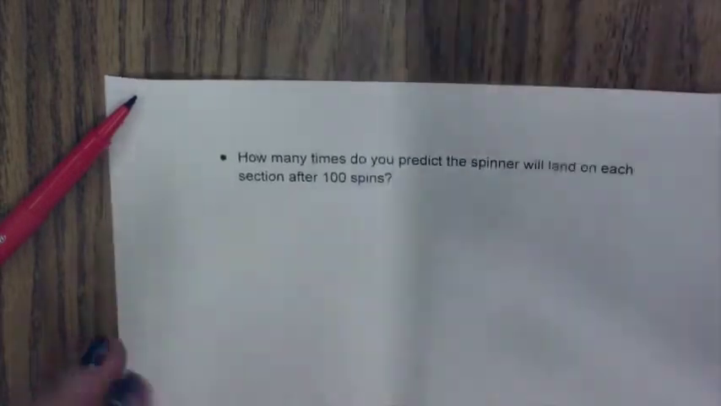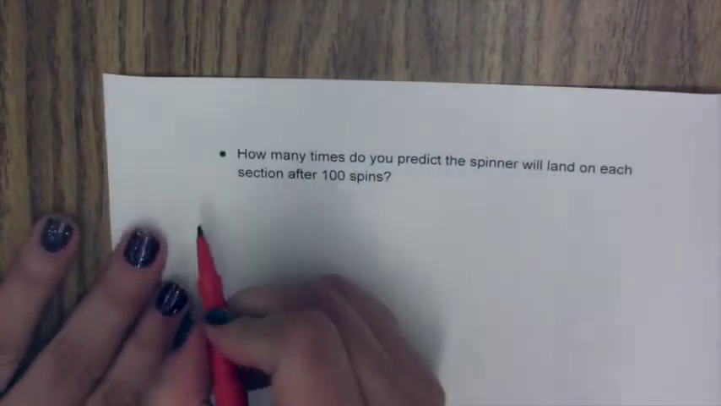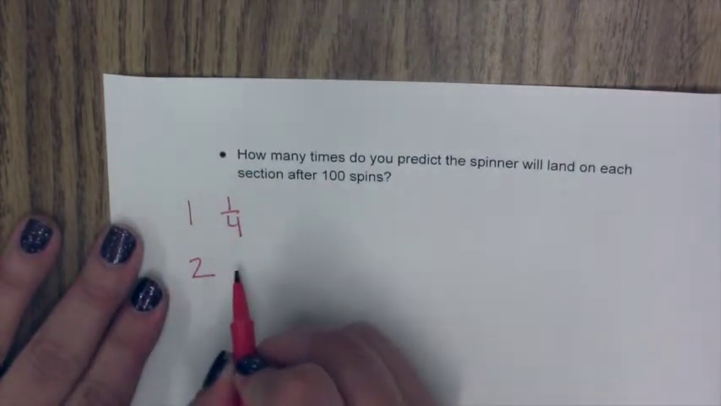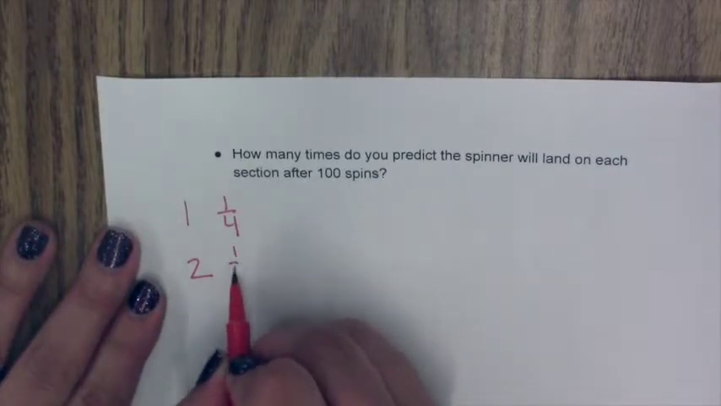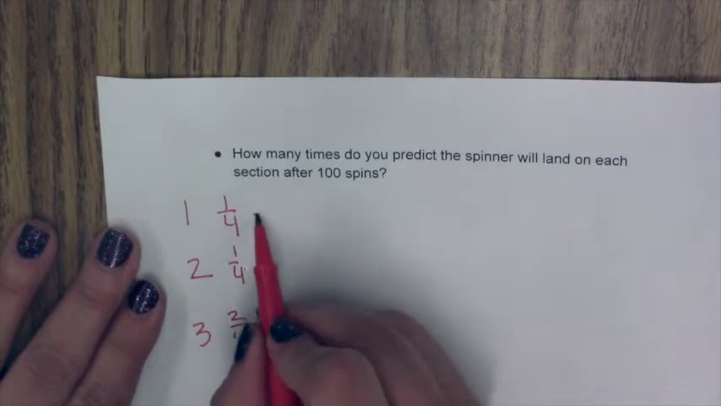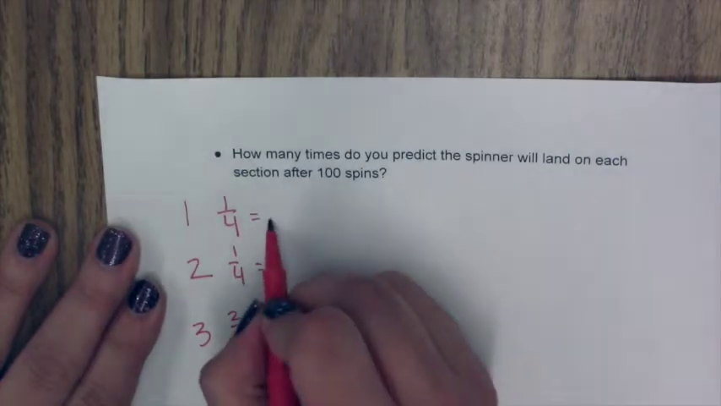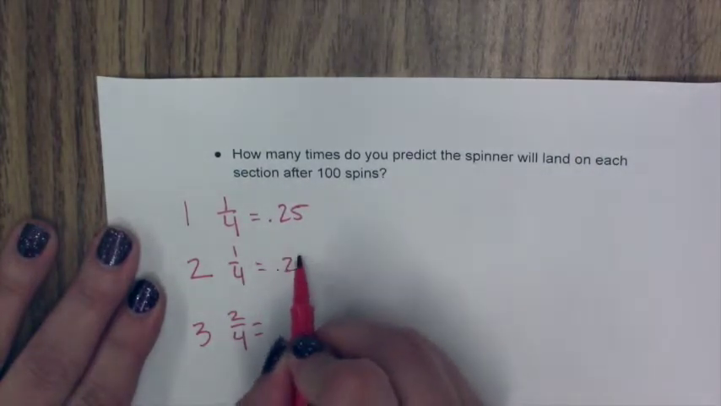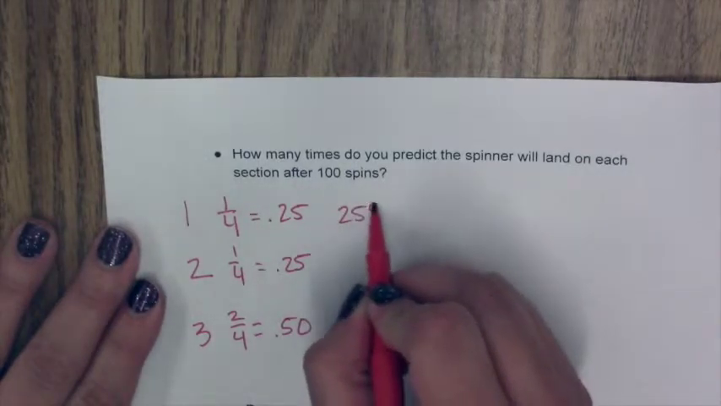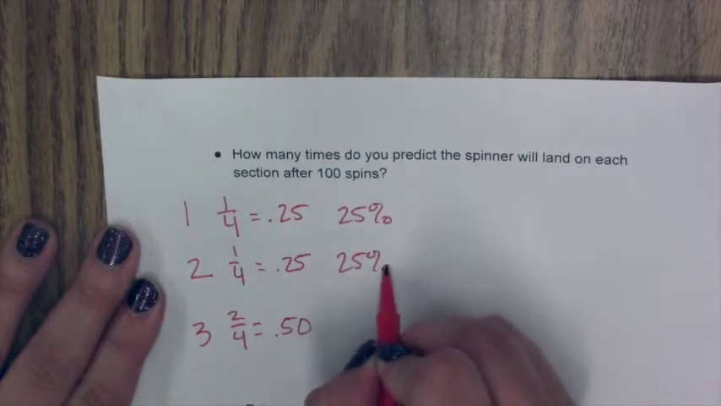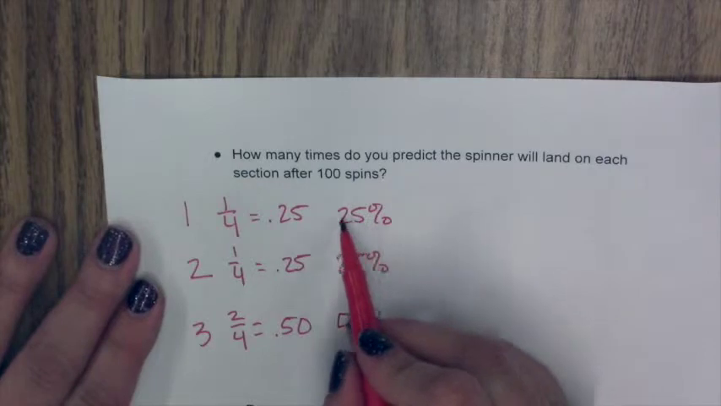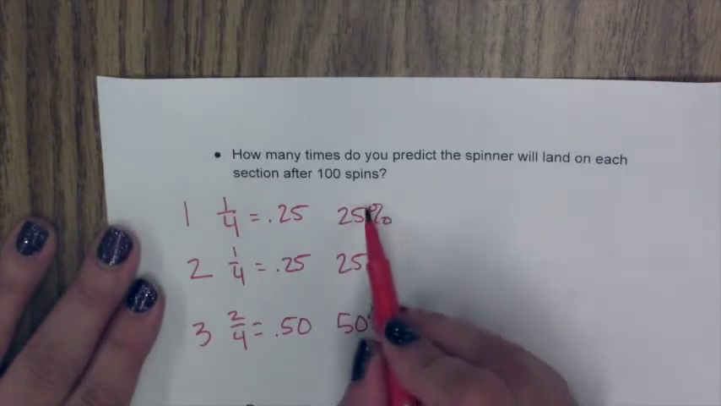So I'm going to list those probabilities out. To get a 1, it was 1 out of 4. To get a 2, it was 1 out of 4. And to get a 3 was 2 out of 4. So if we turn these into percents, 0.25, 0.25, 0.5, so 25%, 25%, and 50%. So if we're doing 100 spins, we want to figure out what is 25% of 100, so